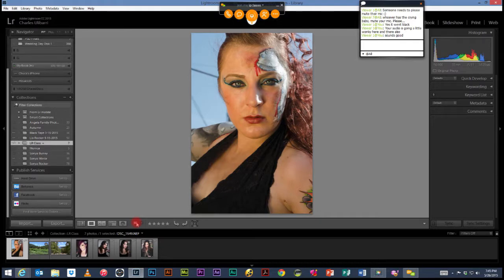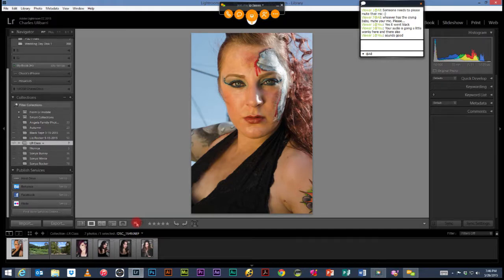Now, I've got to look at my note here real quick because this is something that changed. If you want to flag one of your pictures, you hit the letter P to pick it, the letter U to unpick it, and the letter X to reject it. And again, this is just a way to keep track of the ones that you want to edit, or however you want to do this. Now, with the star ratings,